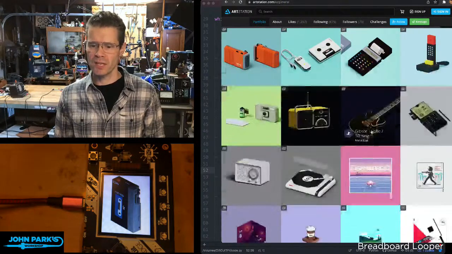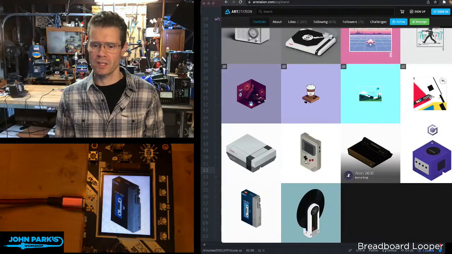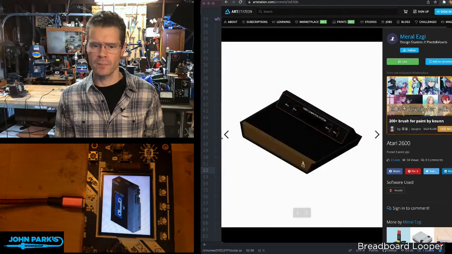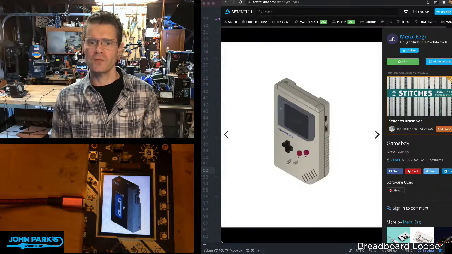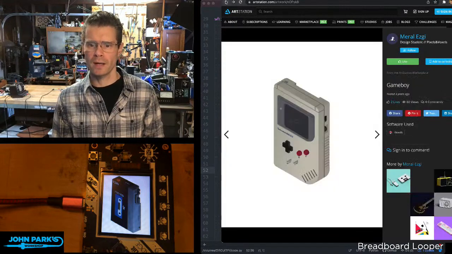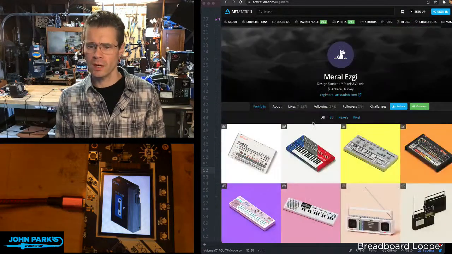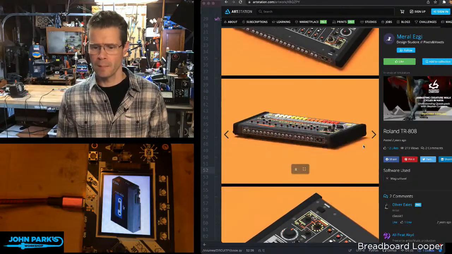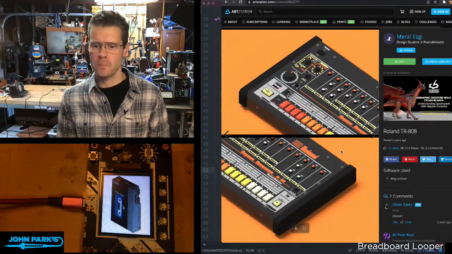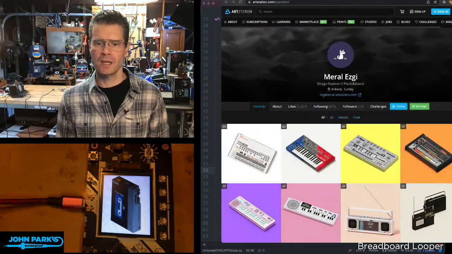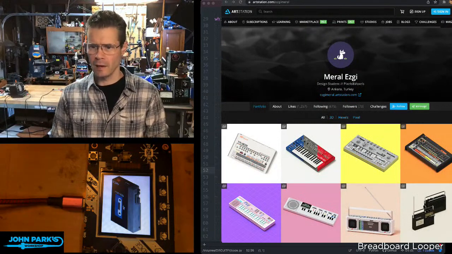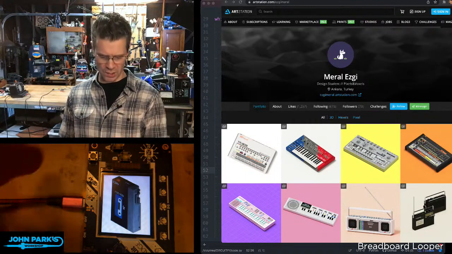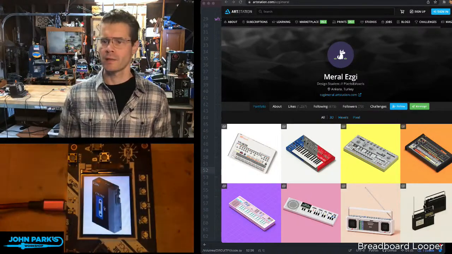So I love this collection of gorgeous, look at this Game Boy here. And if you click on one, I think there's usually a series of different images for them, at least for some of them. Let's see, there's, oops, let me go back. I know there is on this 808 drum machine. Yeah, there's a nice little series, so you can see all the ports back there, some nice close-ups. So gorgeous stuff, and I needed a source of something here. These are not open source or anything like that, so don't go giving them away, but I just wanted to display them and show them off on the Parsec there.